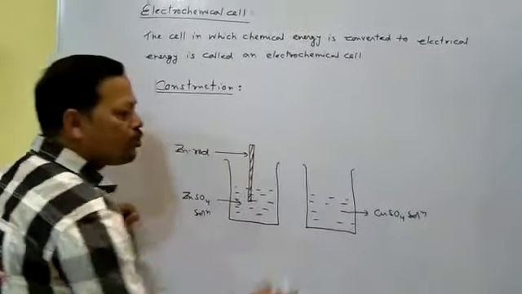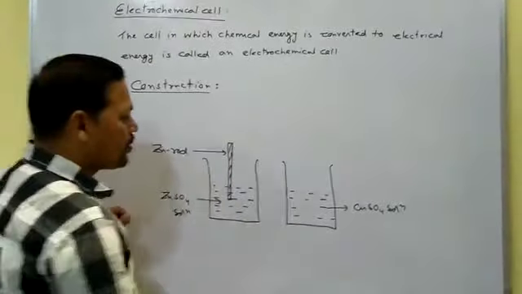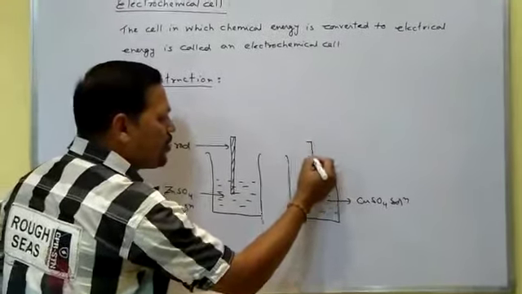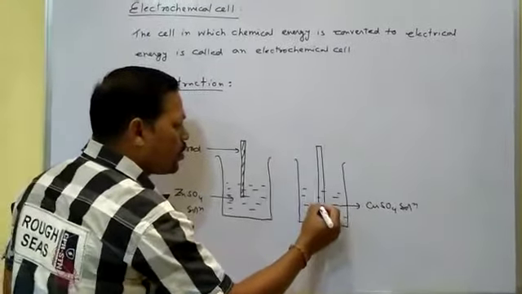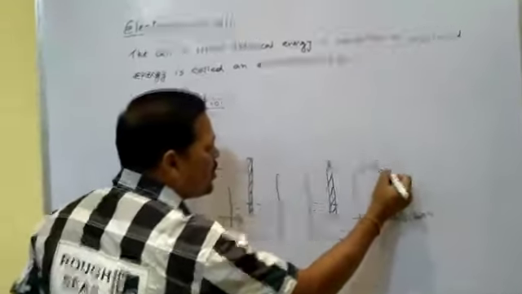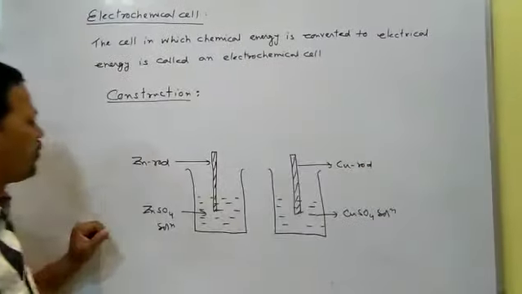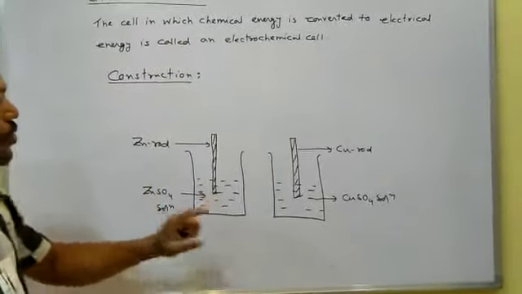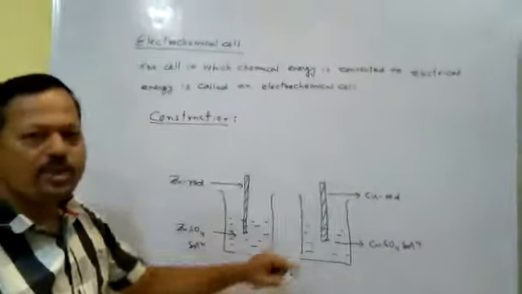I mean here Cu2+ and sulfate ions are present, and in this copper sulfate solution you dip one copper rod. This is the rod of copper. So a zinc rod is dipped in zinc sulfate solution, and a copper rod is dipped in copper sulfate solution